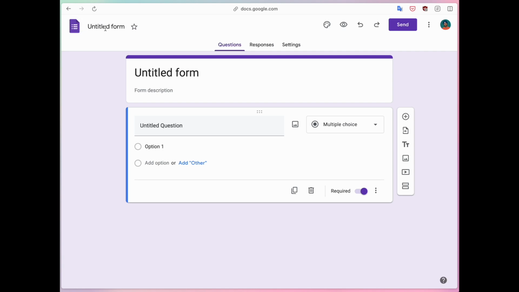This here is the title of your form. This is both the title and the file name. So any Google form that you create is saved as a file in your Google Drive. So that file needs to have a name. So let's set a name for the file here. Let's say the file name is going to be data management training